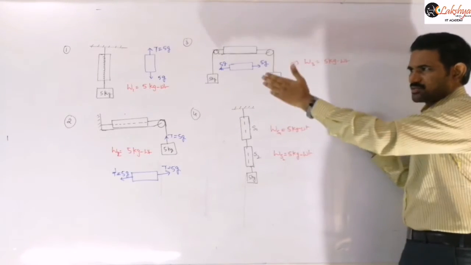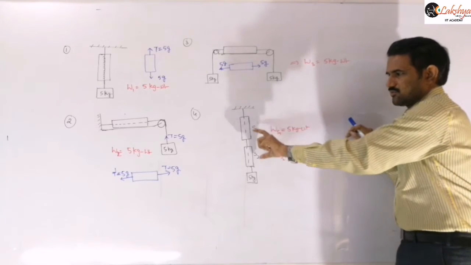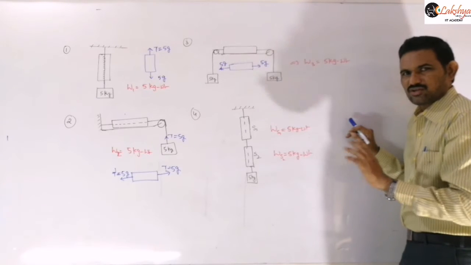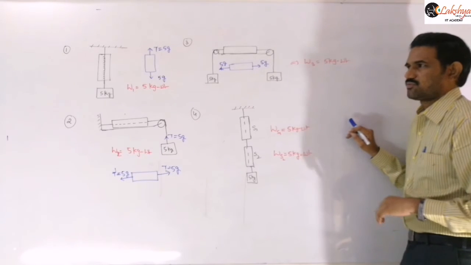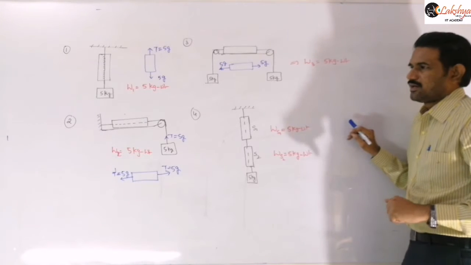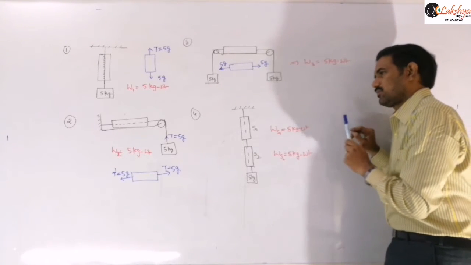So this is directly the same as the first case, so I am not drawing the free body diagram for this. For this you need to draw once, and for this you need to draw once, and whatever T1, T2 you are taking, all those tensions must be equal to 5g, right? So it is the reading of the free body diagram. Is it clear?